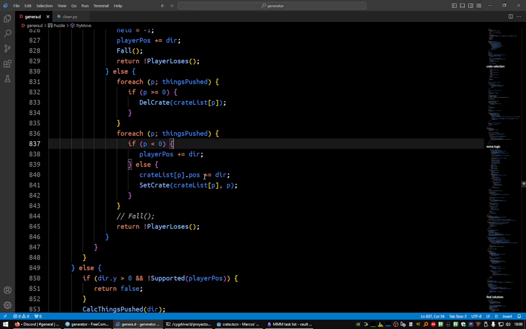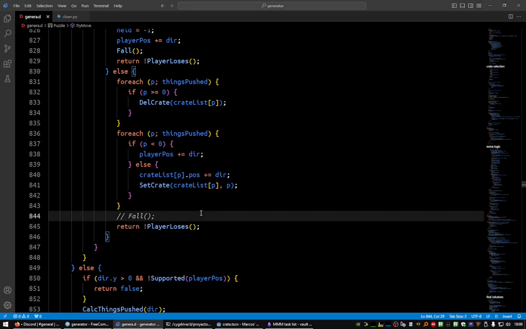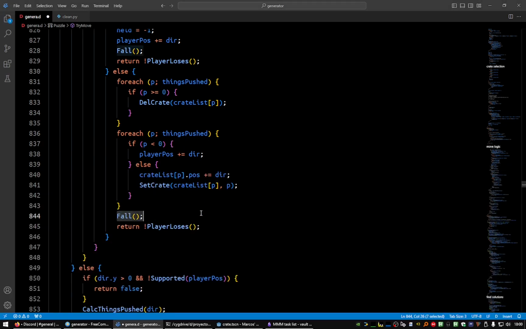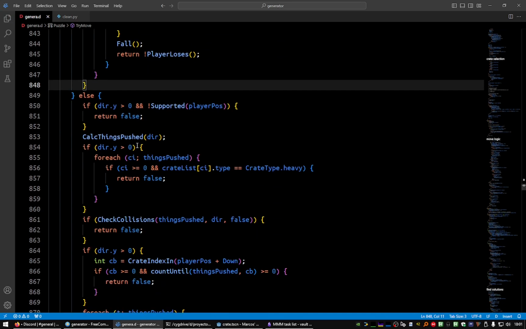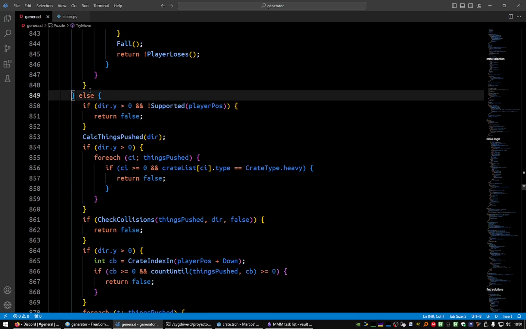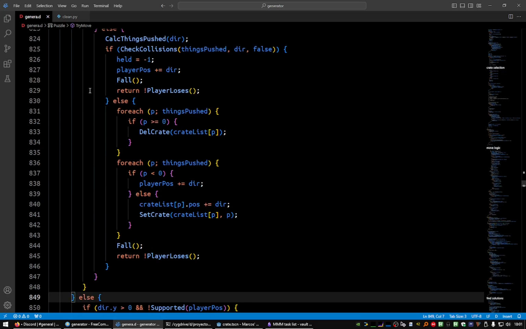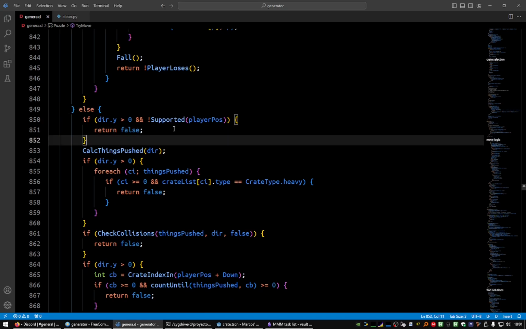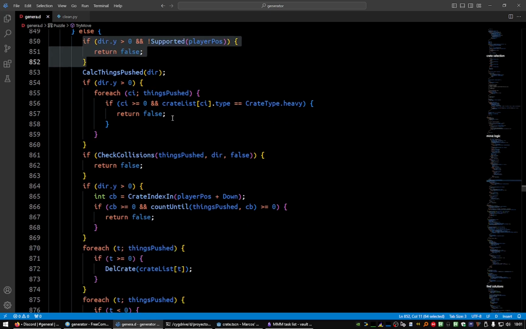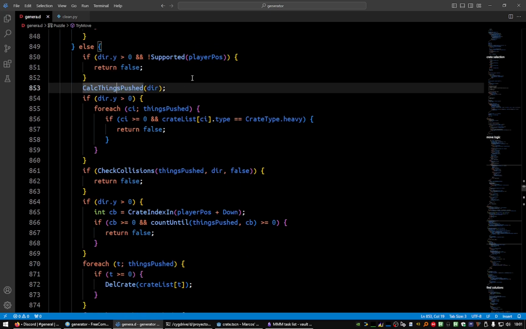No, in this case there were differences in behavior, so this fall, yeah, okay. So in this case, in this else is other directions. Let's see. This continues to be correct, and we need to change this function here and this function here, because